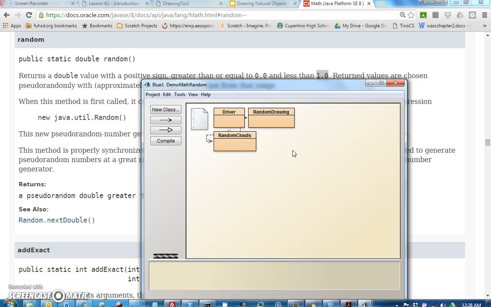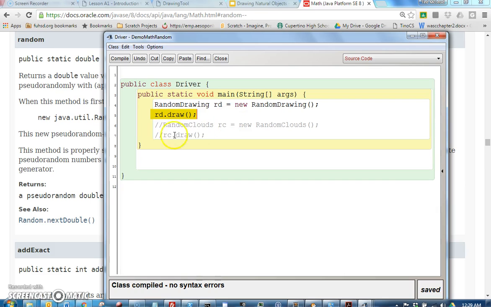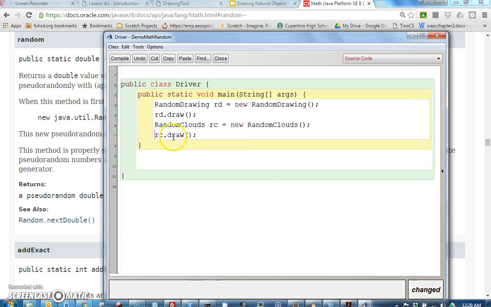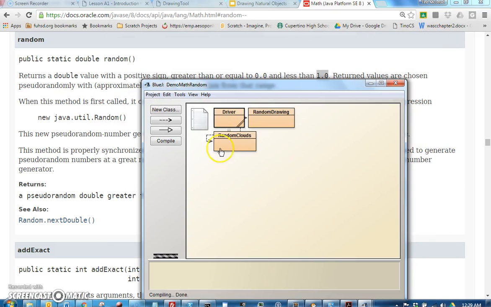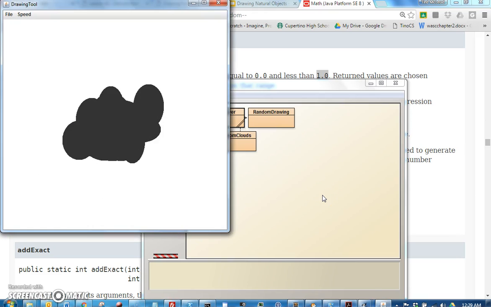So how could we use this to create other random things? Well, one thing you could do is I wrote a little code here that draws random clouds. So if I uncomment this now, it will call that. So we'll create a random cloud and draw it. So if we say run, you can see there